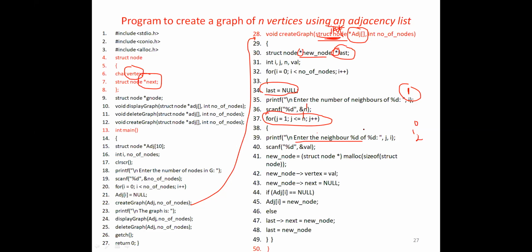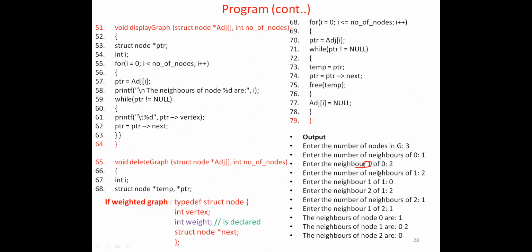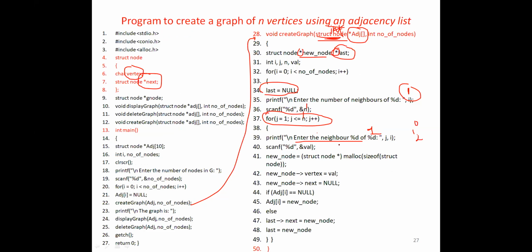So what is it saying? Enter the neighbor is nothing but 0. 3 is nothing but 1. So the output for you is 2. Okay, the neighbor is 2. We tell that the neighbor is 2. Then I have to get the value, right? That's what is happening, this is a 2. Now I have to create a node. I told that there is only one node. So this is the adjacent node, vertex 2. Then I have to create a new node.